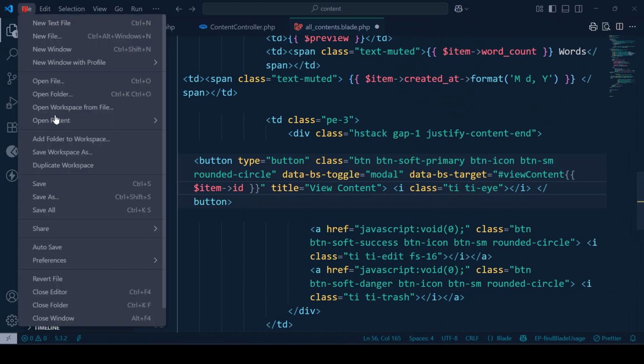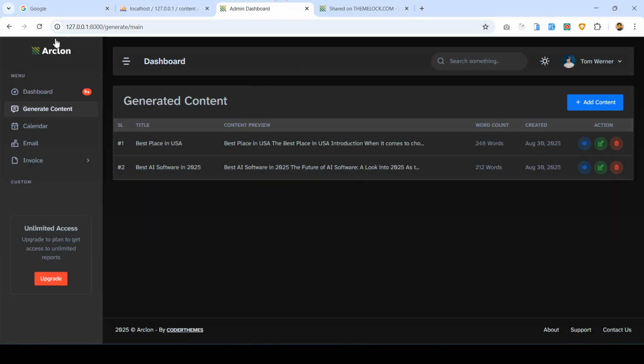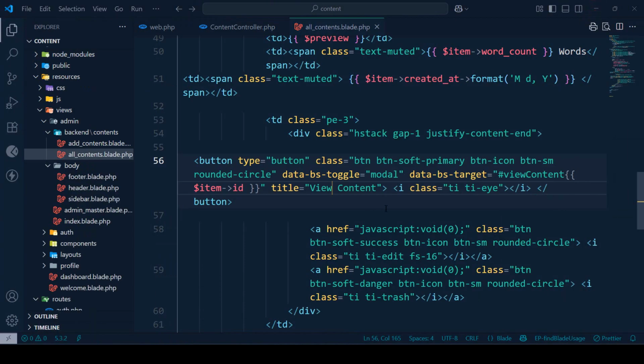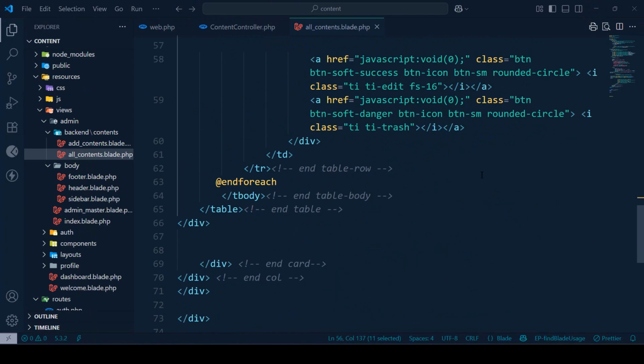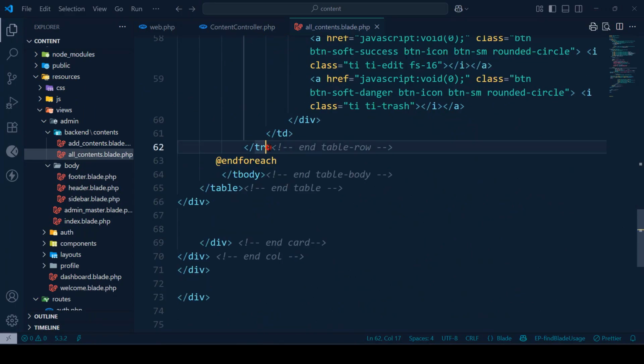So now if you click save all and refresh it, you can see the icon is there. Now when you click it, one modal by this ID we have to create. So if you want to create this modal, I want to do it in the same page. Here is where our tr ended, that is our for each, that our tr. After that tr and before this for each,